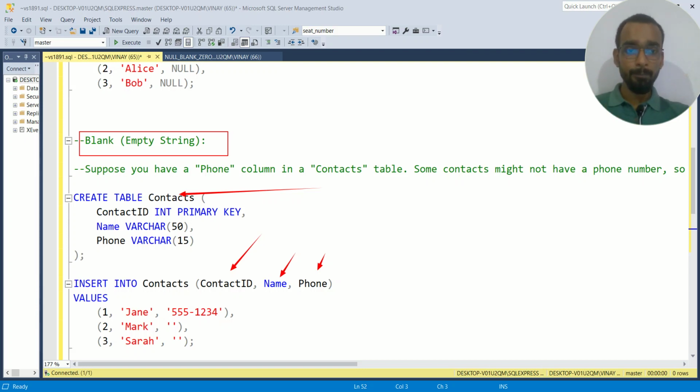So I mentioned the first participant's ID, name and the phone number. But what about Mark and Stars? I don't know what their phone number could be. So I have mentioned only the empty string.